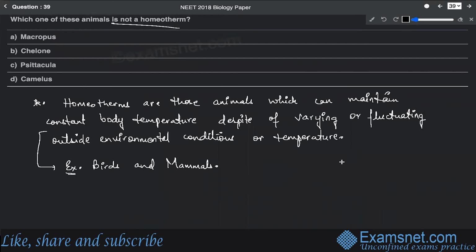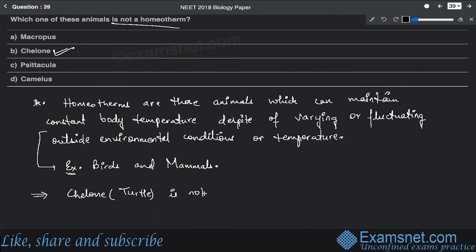All right. Now, out of all the options that have been given over here, the first is the Macropus. All right. So this is a mammal category. So this is definitely a correct option. Then there is Chilon. Chilon is basically not a homeothermic category. So this is the correct answer with regard to the question that has been asked, because Chilon is a turtle category belonging to Reptilia. So you can say that Chilon is not a homeotherm, which means turtle